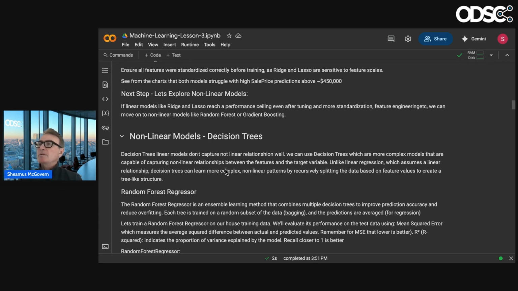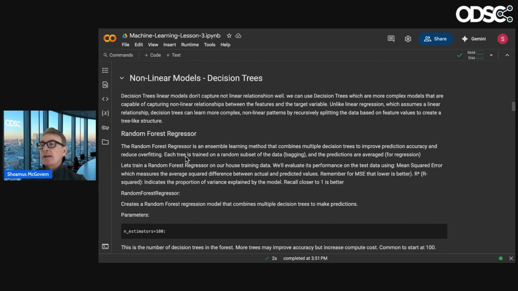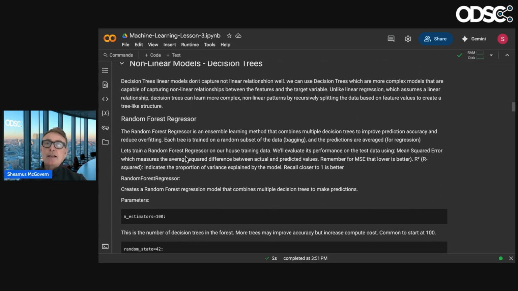So now we want to go into nonlinear models, and some of the most popular nonlinear models, very successful in industry and hackathons and competitions, have been decision trees, right? The decision tree is quite famous, and the most famous decision tree is random forest. And by the way, if you're playing around with LLMs, one of my favorite prompt engineering techniques now is called tree of thought. It's almost like a decision tree where it can take multiple paths. So knowing how these work comes in handy.